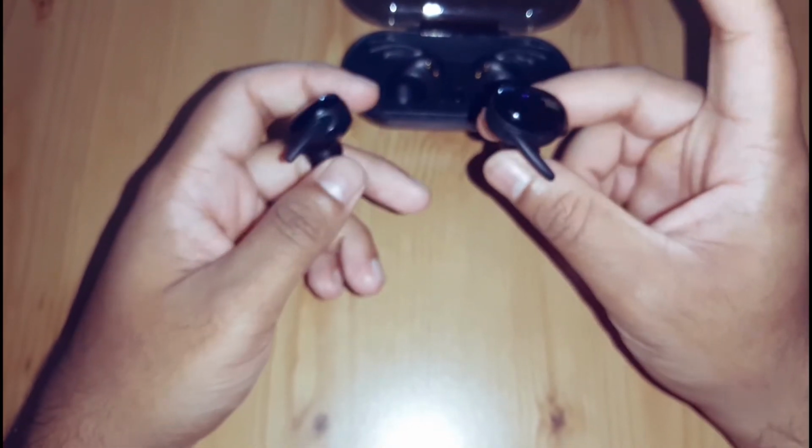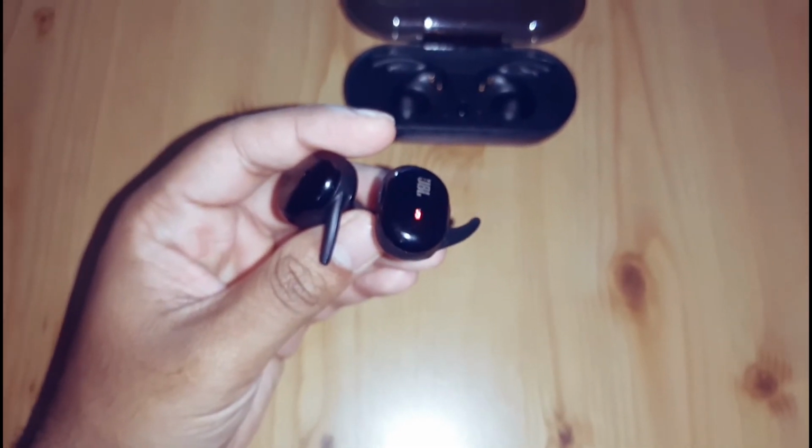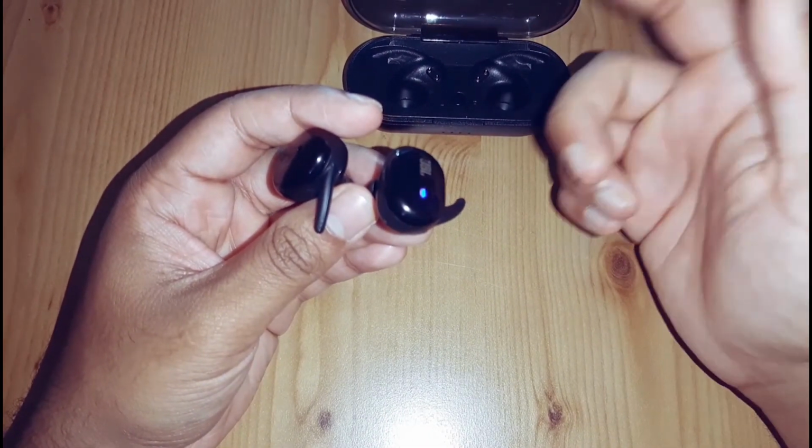So let me take you through the controls of this earbud. So you press once in order to pause the music, and unlike the V8 TWS where you can press twice in order to move forward and skip the track,